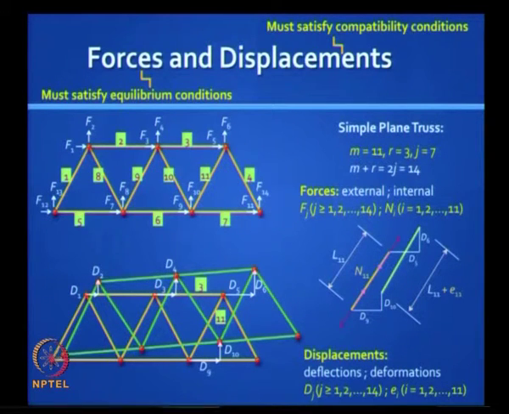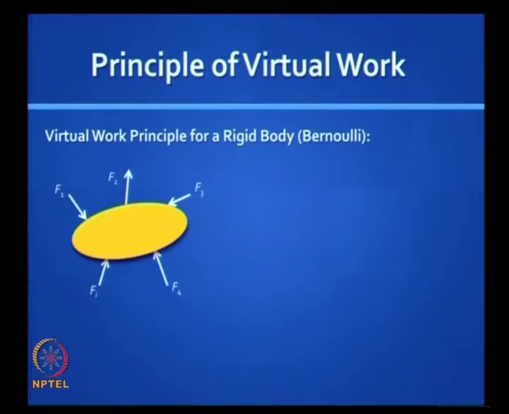marked. And from the internal side you have bar forces Ni and corresponding bar elongations Ei. The bar elongations are related to the joint displacements through relationships called compatibility, and the internal forces in the various bars are related to the external joint forces through equilibrium. So the force field must satisfy equilibrium, which means it must be statically admissible, and the displacement field must satisfy compatibility, it must be kinematically admissible.